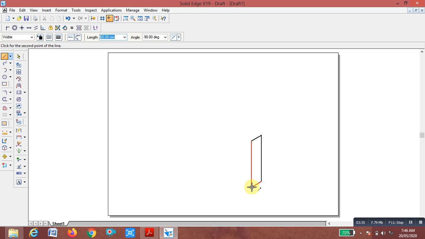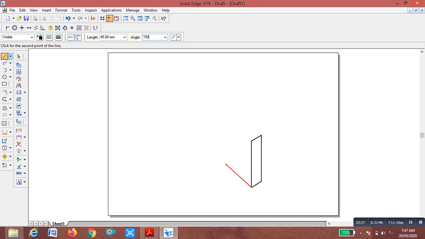Now it forms one side of the slab of thickness 15 mm and height 60 mm, and the width of this plate is 45 mm. So 45, enter. Now you are moving towards the left, so the angle is 150, enter.